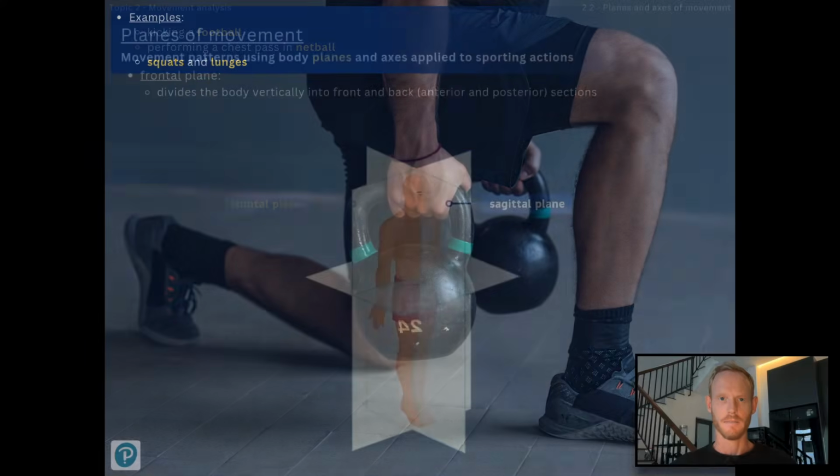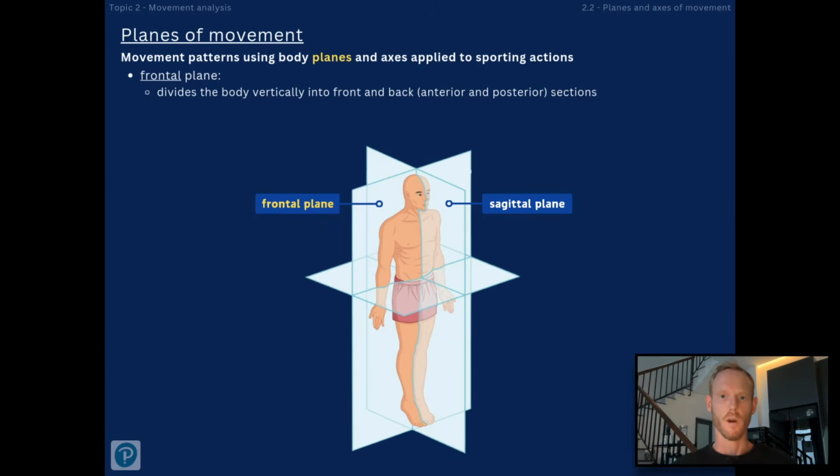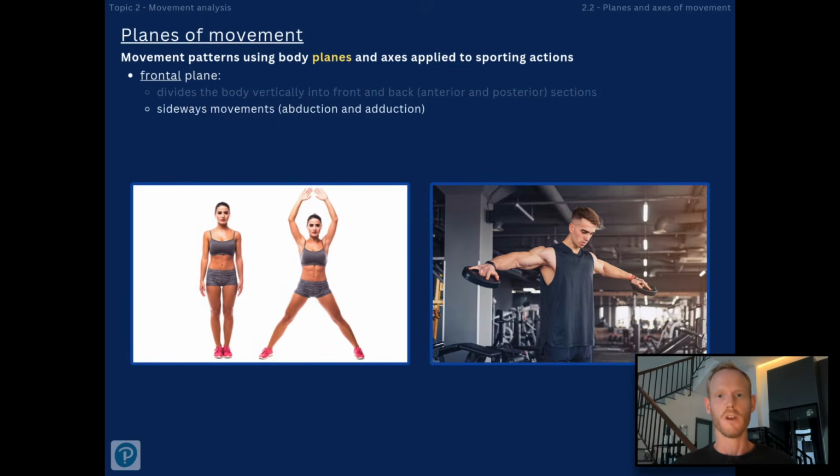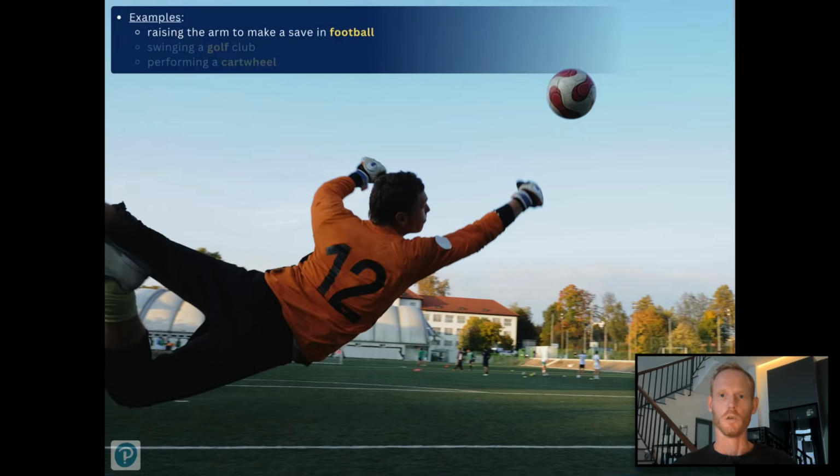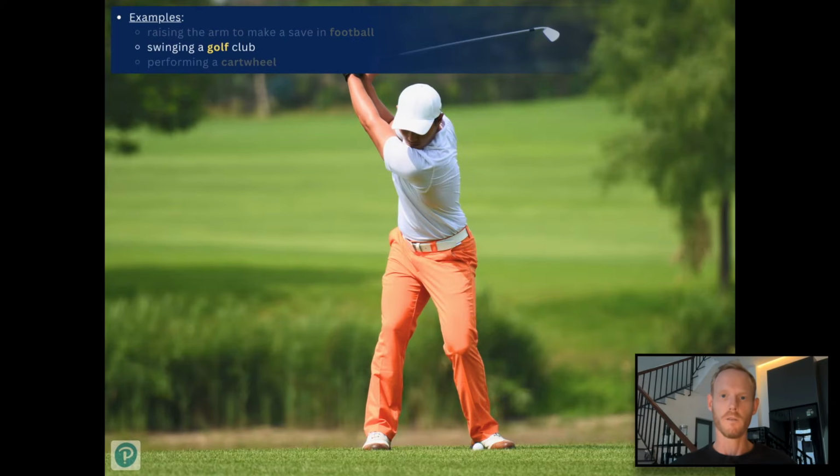and lunges. The frontal plane divides the body from top to bottom into front and back, or anterior and posterior, sections. Movements in the frontal plane are sideways. For example, a star jump or jumping jack involves abduction and adduction at the shoulder and hip joints. Other examples include raising the arm to the side to make a save in football, swinging a golf club, and